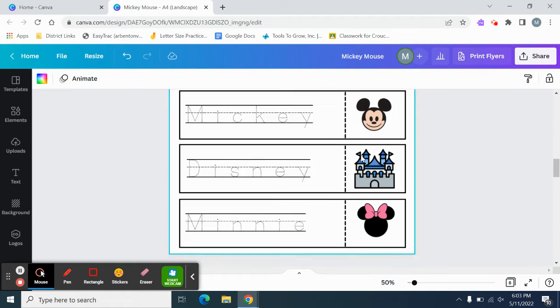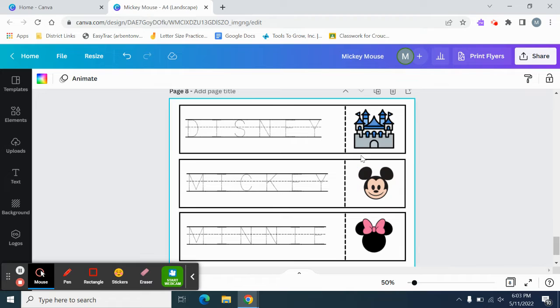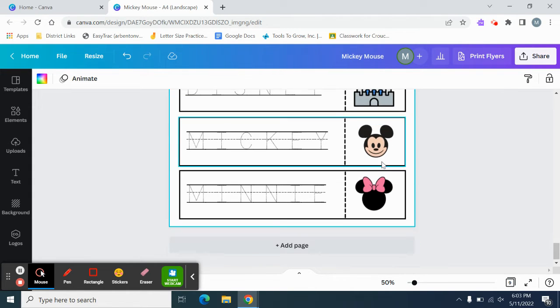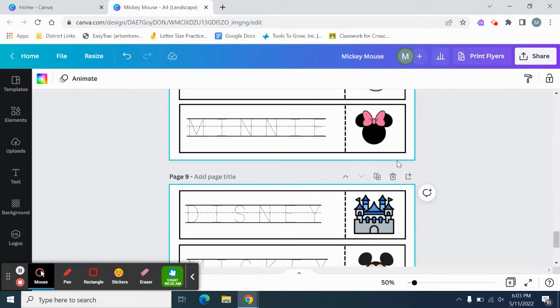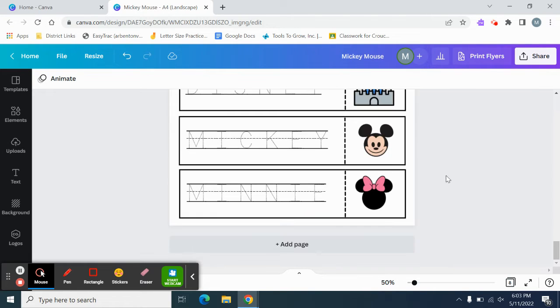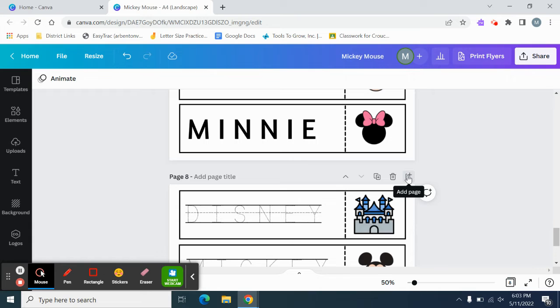So if I like this page, we'll go down here. I really like this page, so I want to make another one. So I click duplicate. Oh, look, there's 2 of them now. If I want to delete it, there's the trash. And then if I want to just add another page that's not necessarily that one, but just another blank page,